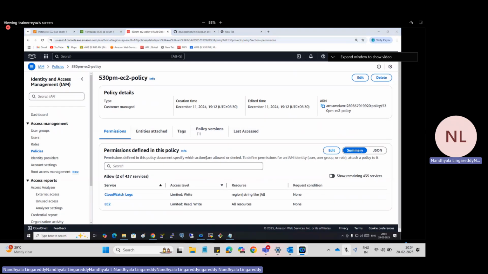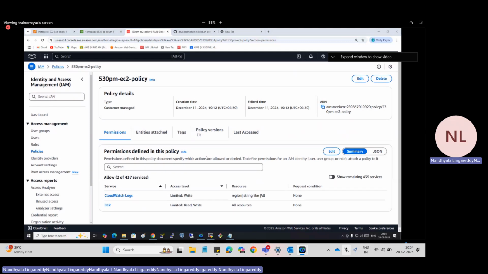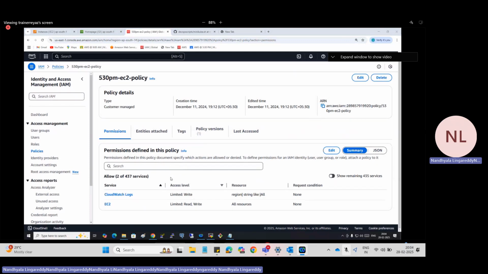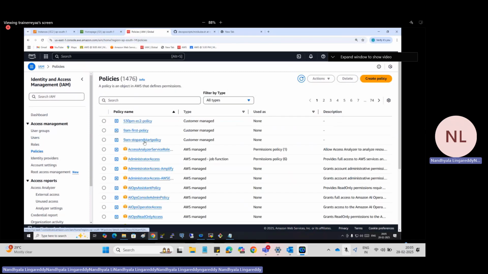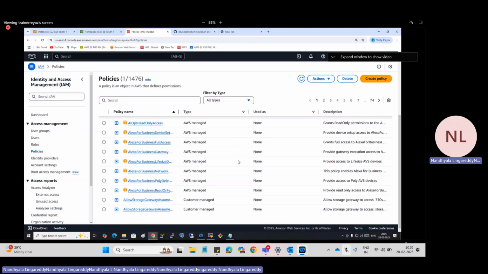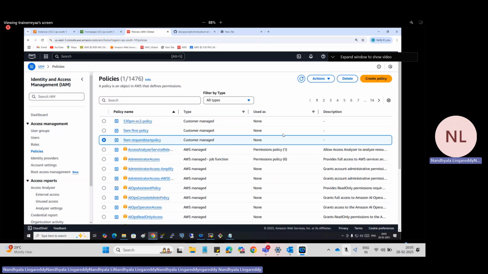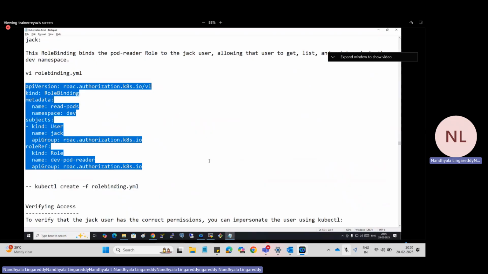Where is that policy simulator? Custom policy. No, where is that policy simulator? Okay, anyways, I'll tell you what that policy simulator is.